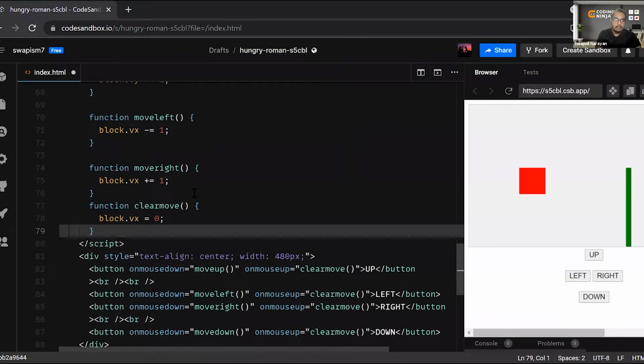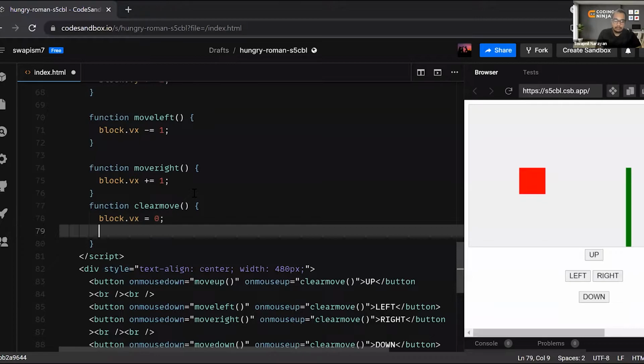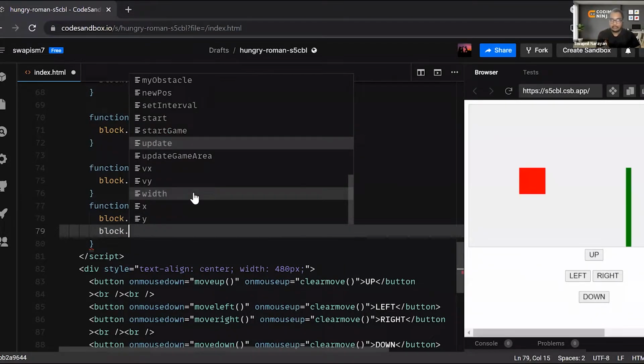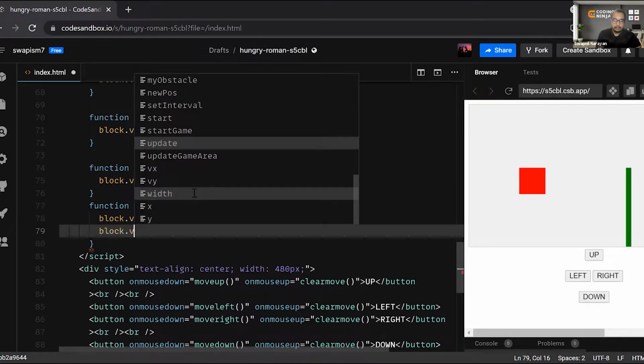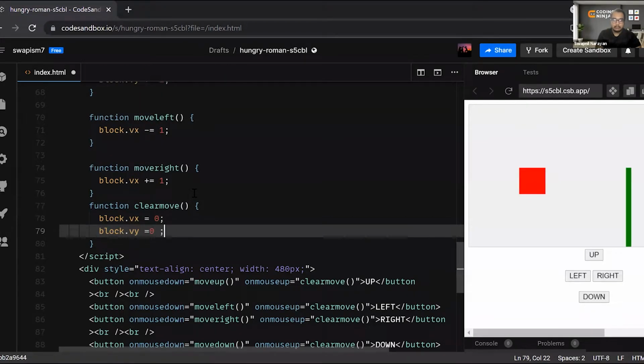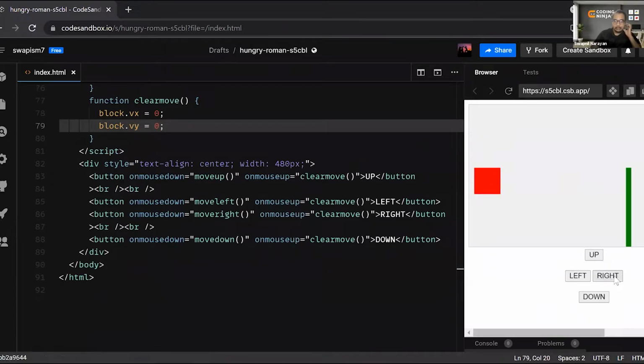How will it stop moving? It will stop moving when the velocity has become 0, not when the x has become 0, right? When does something stop moving? When its velocity becomes 0. It never stops by its x becoming 0, right? So vy will become 0.